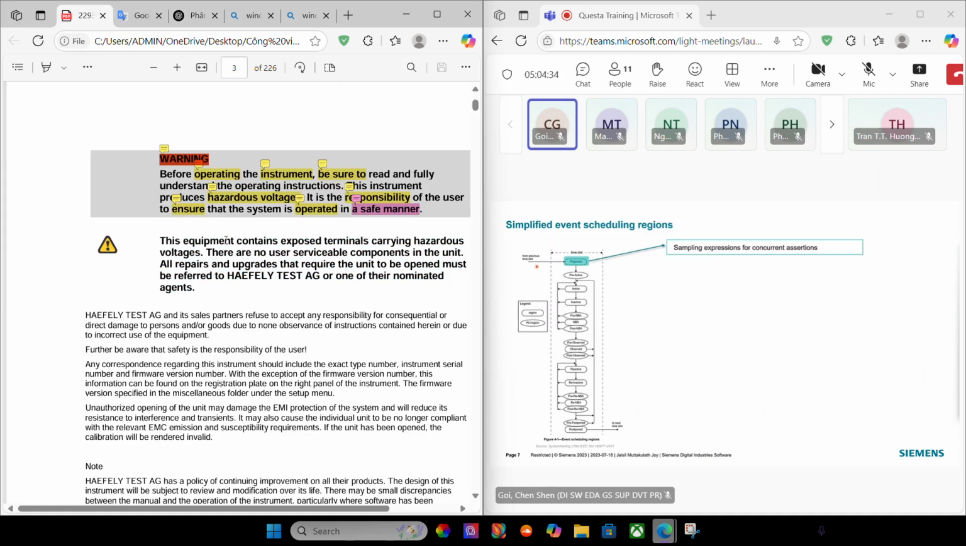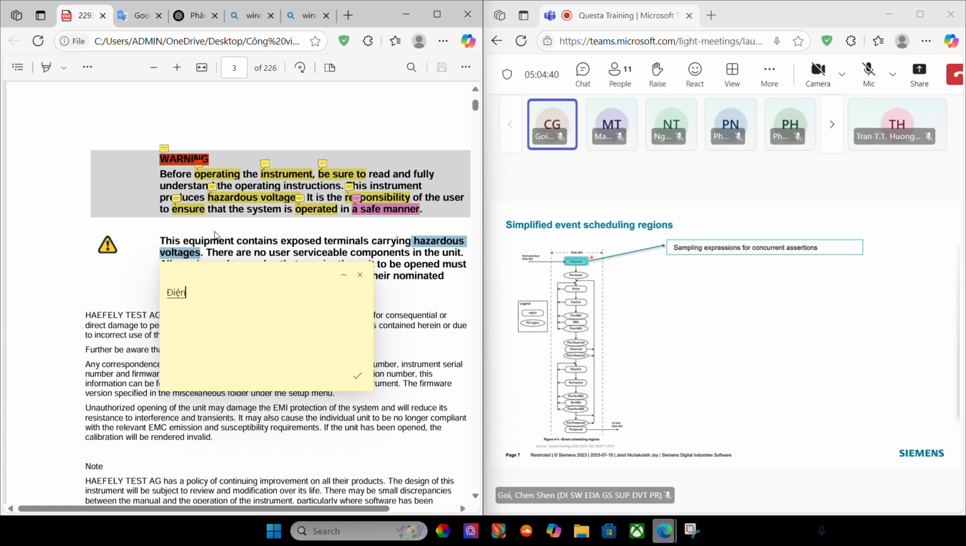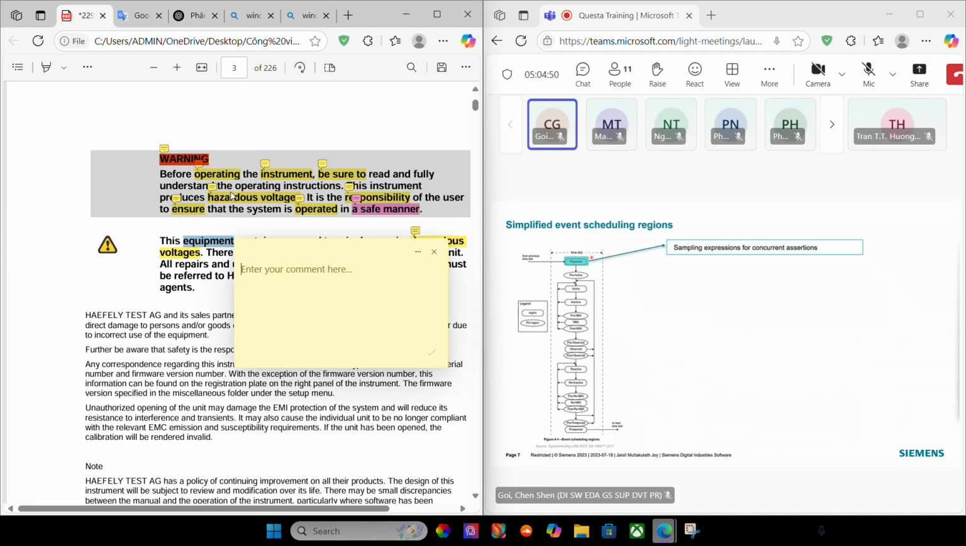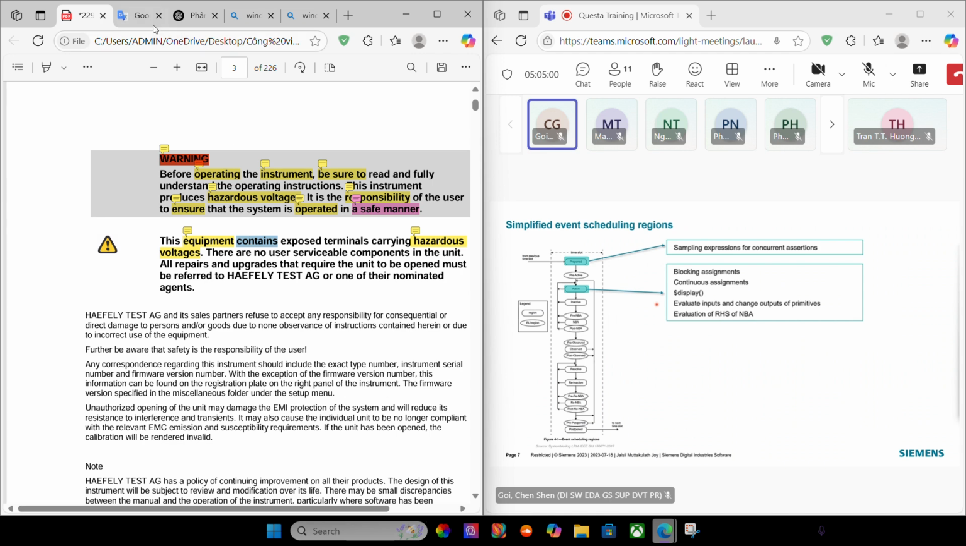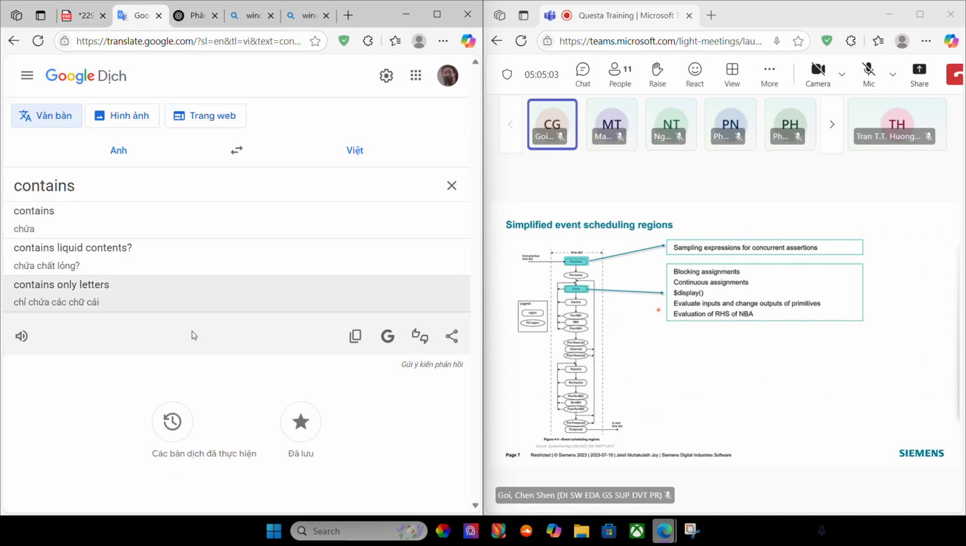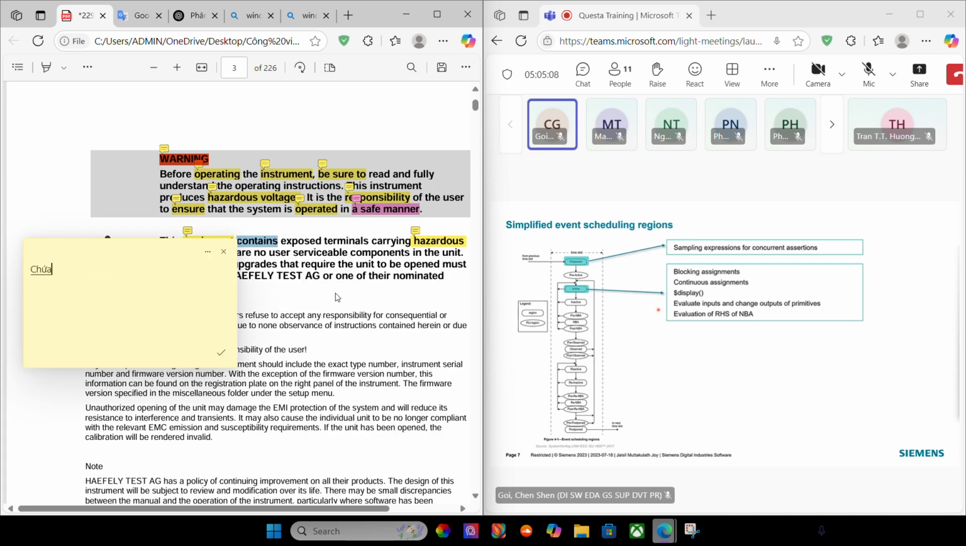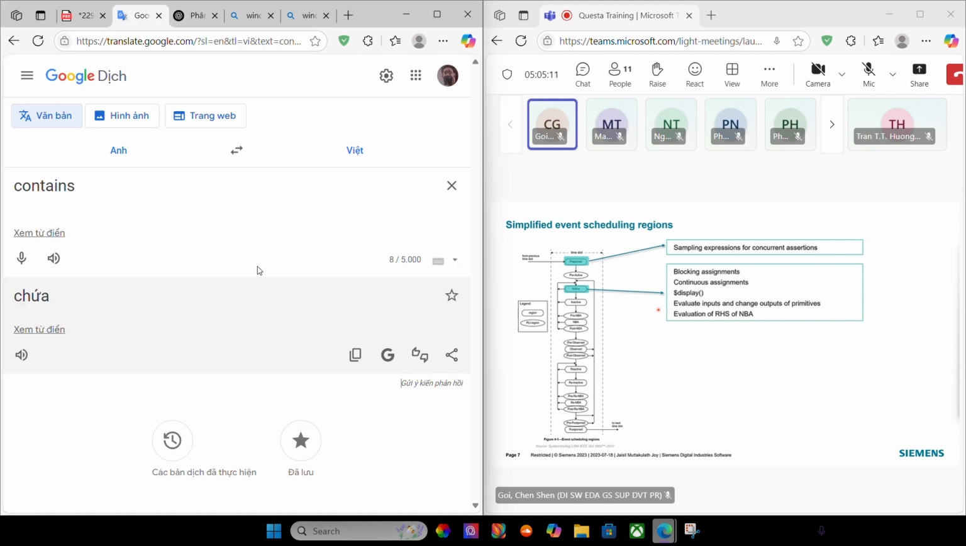And the first region that will be processed is the preponed region. This region is associated with sampling expressions for concurrent assertions or variables referenced in an always_ff procedure in a checker. Since this happens first, you get a nice stable value to evaluate your assertions. The next region is the active region. There are many events associated with this region. For example, the blocking assignments, continuous assignments, $display calls, evaluation of inputs and updating the outputs of primitives, evaluation of